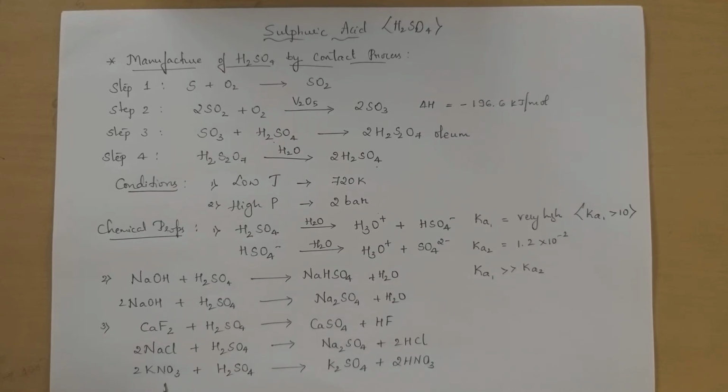These salts react with H2SO4, I mean sulfuric acid, which is less volatile, right? So the less volatile acid reacts to form more volatile acids, for example hydrogen fluoride, hydrochloric acid, nitric acid. These are the more volatile acids. So salts combine with H2SO4 to give more volatile acids.